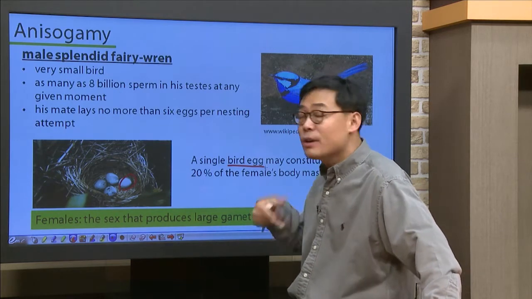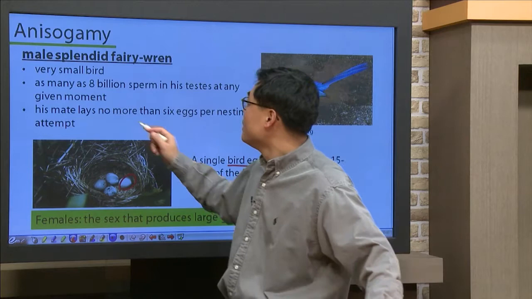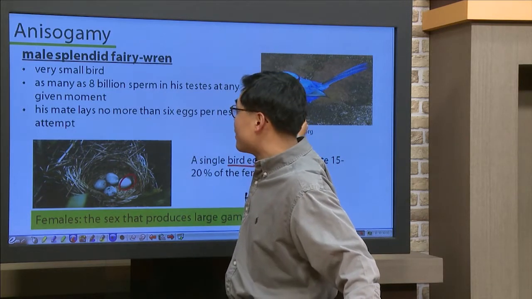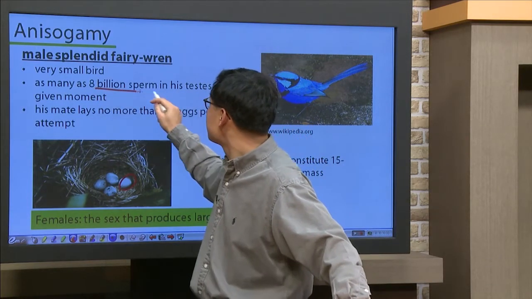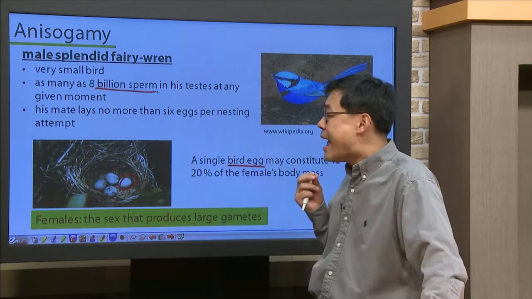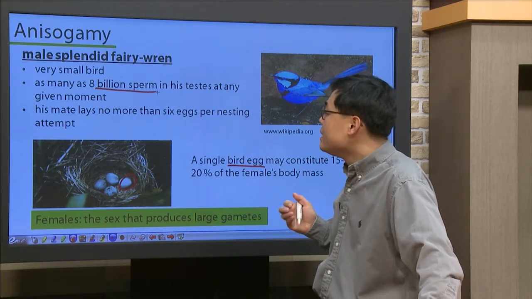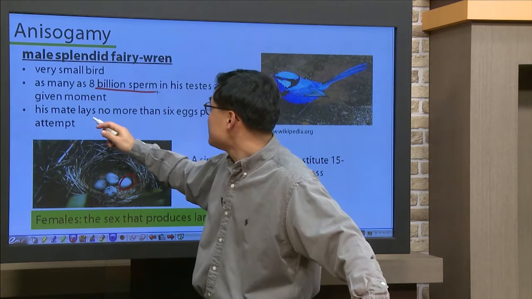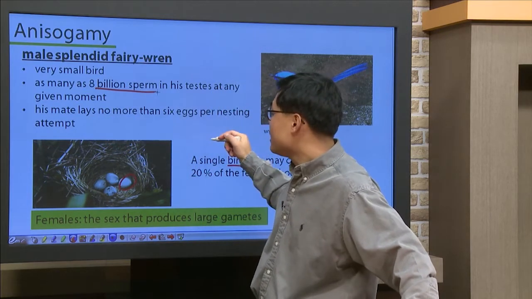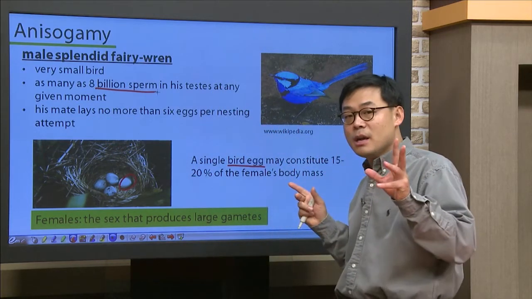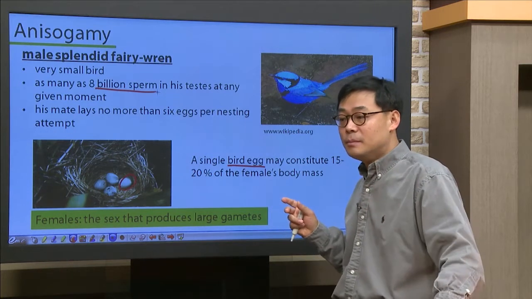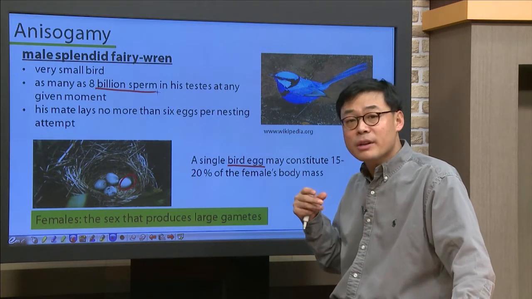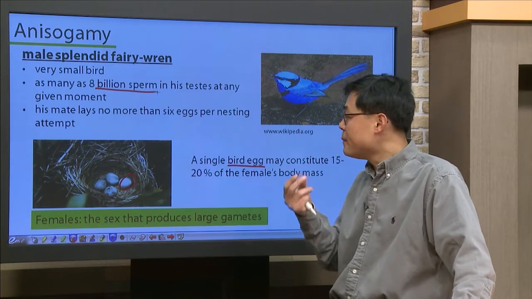So if you look at it from the female's viewpoint, the egg is a huge contribution to the offspring. But if you look at the male, this small bird has as many as 8 billion sperm in his testes at any given moment, and his mate lays no more than about 6 eggs per nesting attempt. So that's a huge difference in contribution